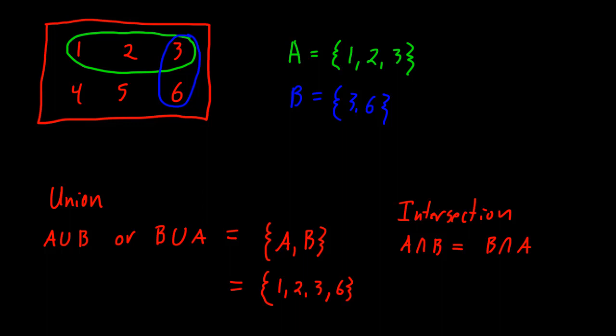So if we look at both of our events A and B, we see that they only have 1 point in common. So basically 1 point that satisfies both A and B. And we see that that point is 3. So we're going to say that the intersection of A and B, or the intersection of B and A, is just equal to a single point, which is the point